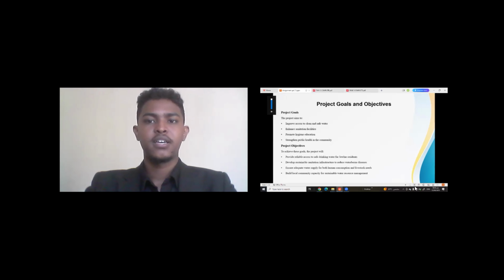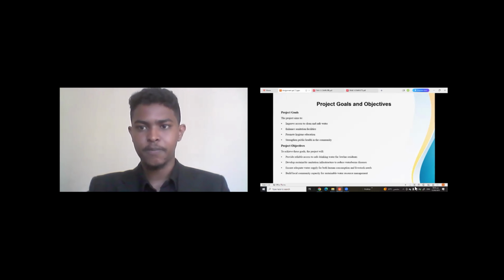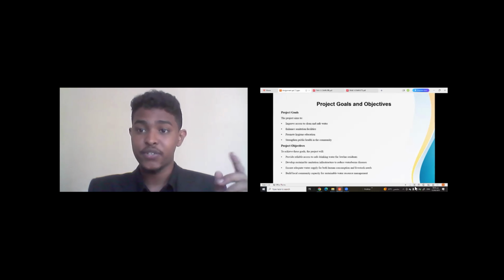These are our project goals and project objectives. The project aims to improve access to clean water, enhance sanitation facilities, promote hygiene education, and strengthen public health in the community. And to achieve these goals, the project will provide reliable access to safe drinking water for Johor residents.